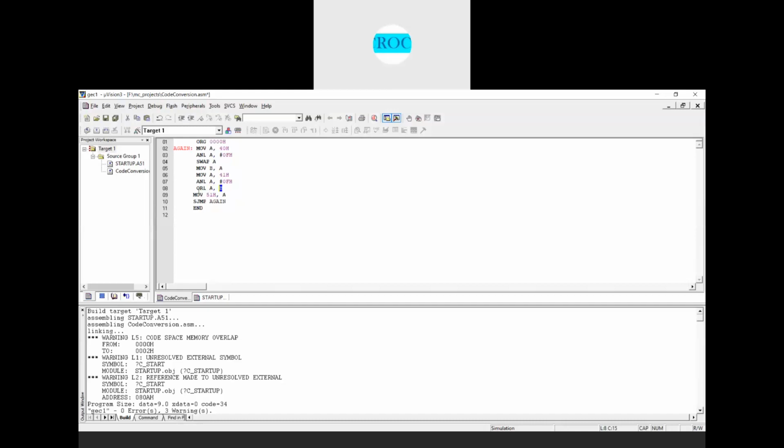When I perform the OR operation, if any one of the bits is high, the output is also high. We know the truth table for the OR operation. So in the accumulator we have 29. We converted the ASCII code into unpacked BCD, and those unpacked BCD I'm converting to a packed BCD number. The accumulator has the packed BCD number 29, and that I will move into a memory location, maybe 42H here, right? This is how you convert the ASCII code to packed BCD.